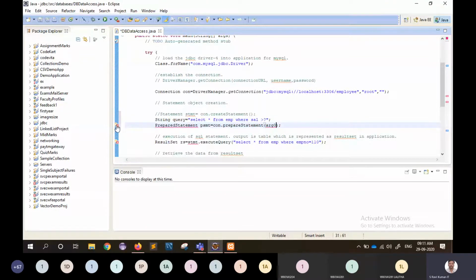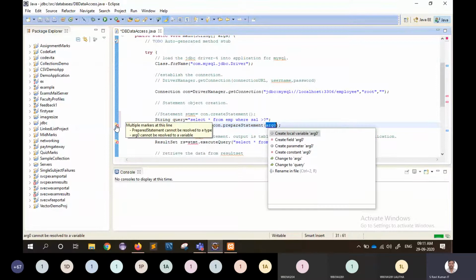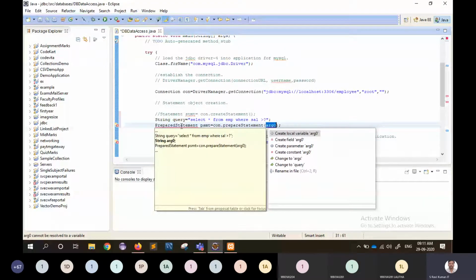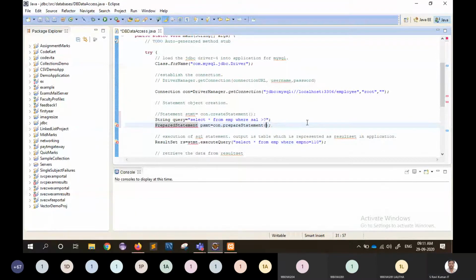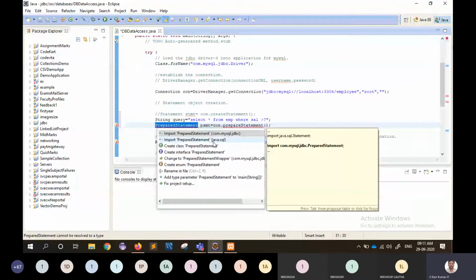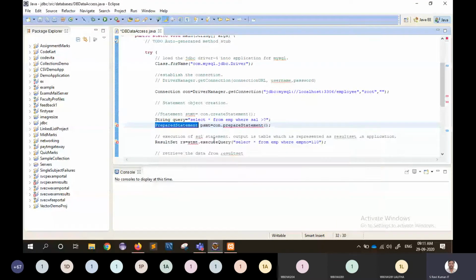Prepared statement is to be included into our program, so use java.sql.star, and then use query as argument to be passed into the prepared statement.